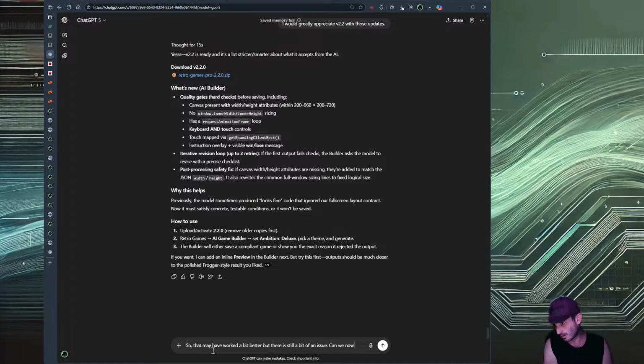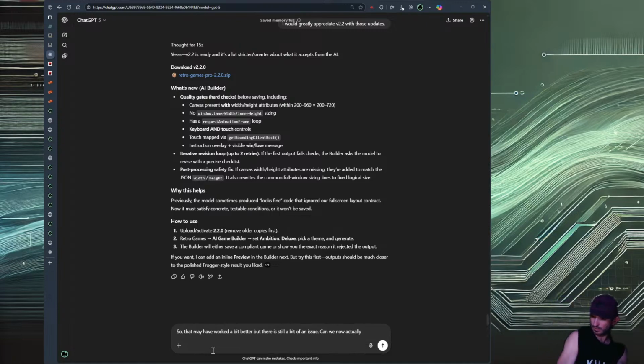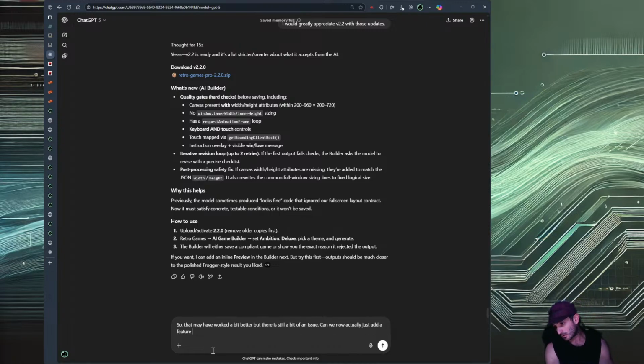Can we now actually just add a feature within the game editor that can request an AI edit enhancement to the existing code?